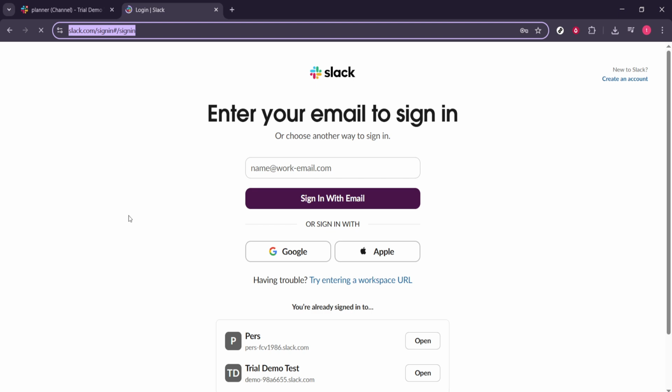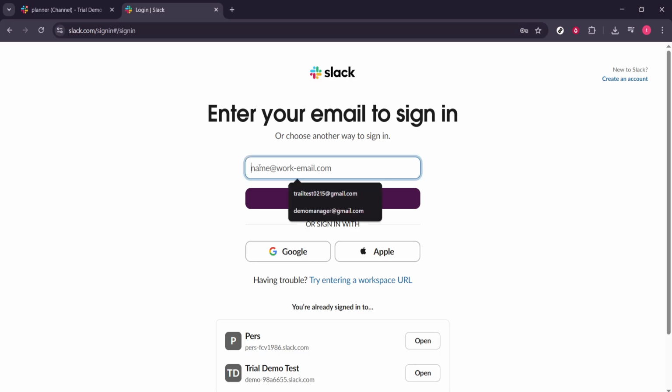Next, enter the email address that's associated with your Slack account or your workplace. Using the correct email matters because Slack looks up any workspaces connected to that address. If you're joining for the first time, you'll typically need an invitation to that email before you can access your workspace. It helps to have your inbox open in another tab so you can quickly handle any verification messages that arrive. If you're not sure which email you used, try your work email first, as most Slack workspaces are tied